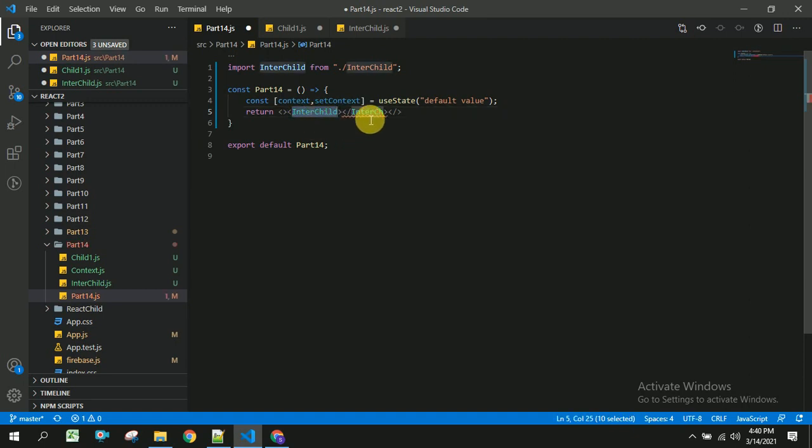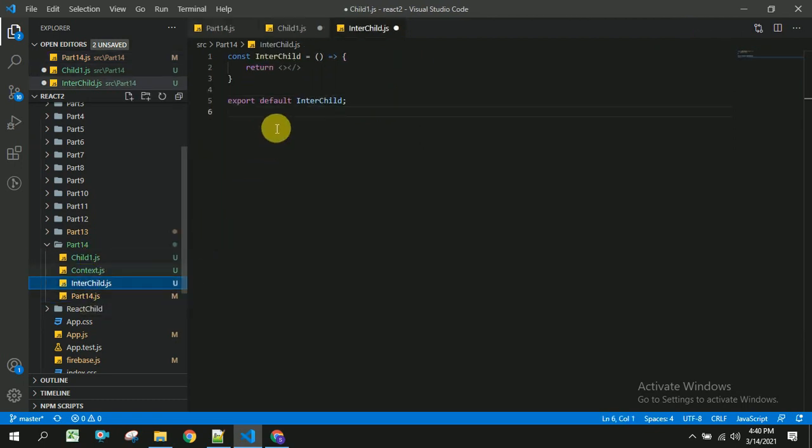and inside the interchild.js I am going to import child1.js.